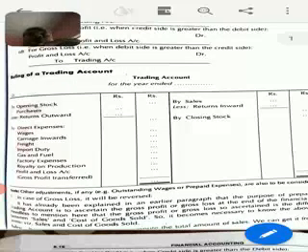Now in sole proprietorship we prepare three accounts, that is trading account, profit and loss account and balance sheet. Now what is trading account? Trading account means the account which shows the gross profit or gross loss. Now in trading account we deal only with manufacturing expenses or factory expenses. Here we don't take any selling expenses, any administration expenses and any financial expenses.